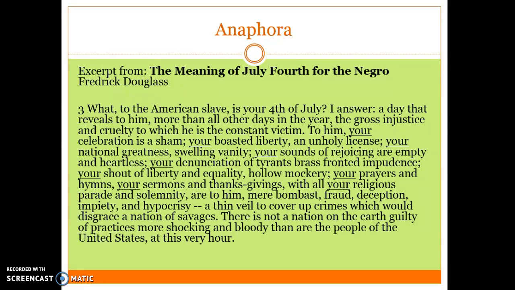So I'll read some of this here. It says, "What to the American slave is your 4th of July? I answer, a day that reveals to him more than all other days of the year the gross injustice and cruelty to which he is the constant victim. To him your celebration is a sham, your boasted liberty an unholy license, your national greatness swelling vanity. Your sounds of rejoicing are empty and heartless, your denunciation of tyrants brass-fronted impudence, your shout of liberty and equality